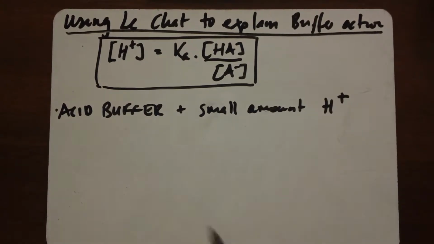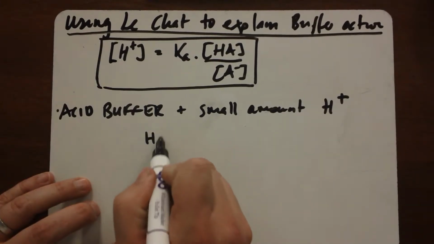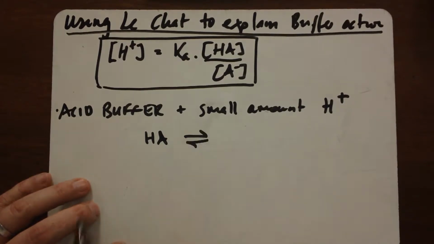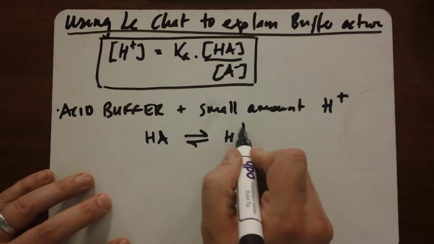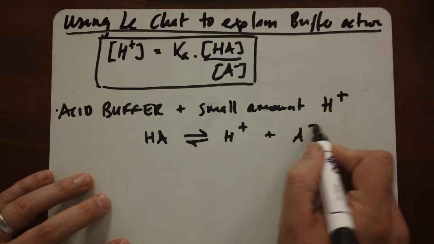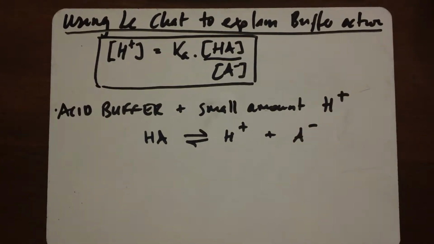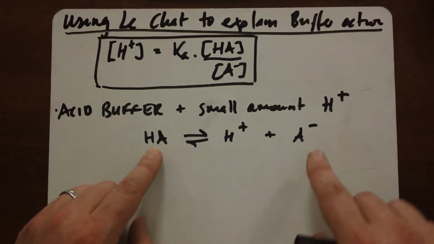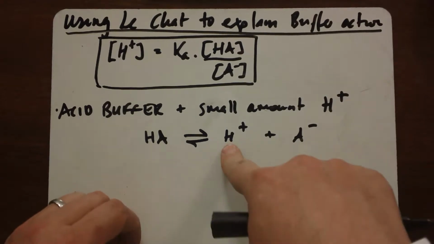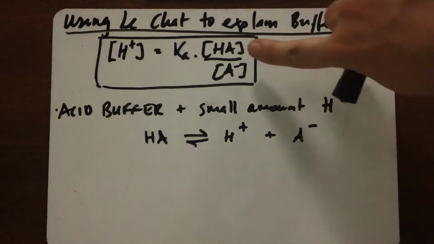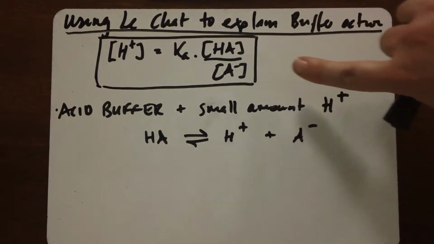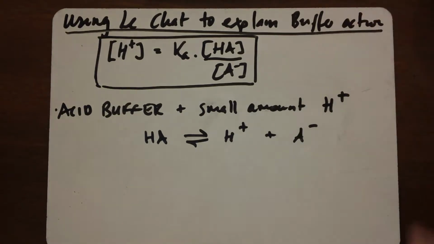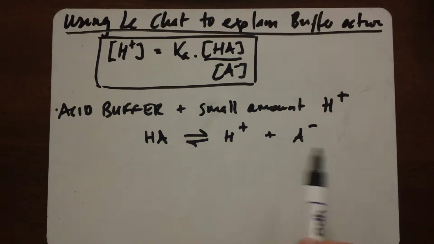So inside of the solution you've got your acid, and that acid is going to dissociate into H+ and A-. Now to make the buffer we're going to have a huge amount of this, a huge amount of this, and a very small amount of this, which links back to our Henderson-Hasselbalch equation here. So we can use Le Chatelier's principle to explain what happens to all of these factors when